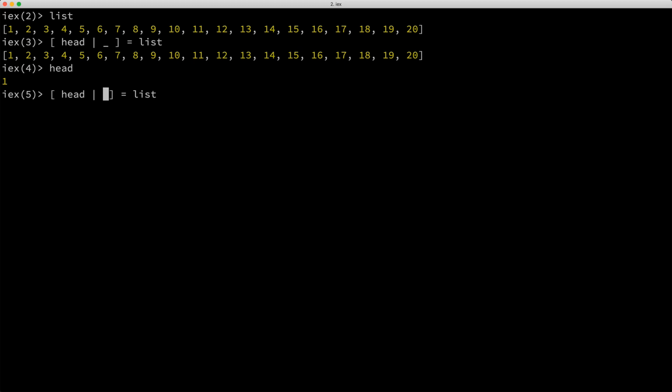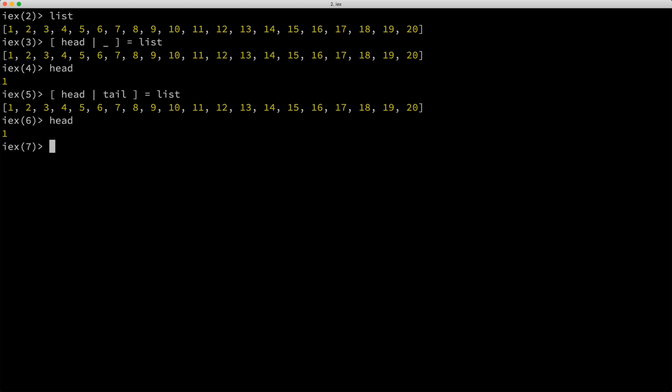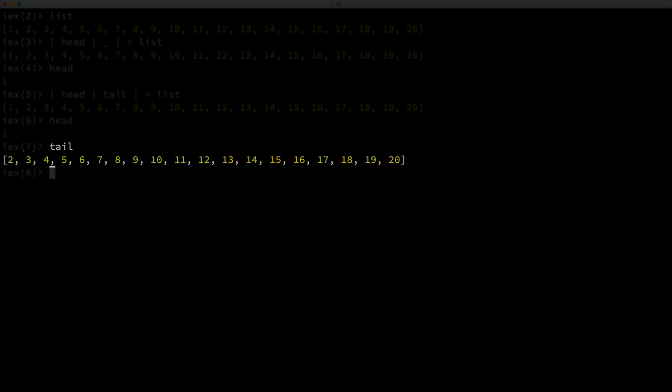We'll name this variable tail, which is a conventional name for everything but the first element of a list. Okay, we didn't get an error, which is a good sign, and if we look at the value that's bound to head, we see the number 1 again. And if we look at the value that's bound to tail, we see a list with the numbers 2 through 20, which is essentially the rest of the list.